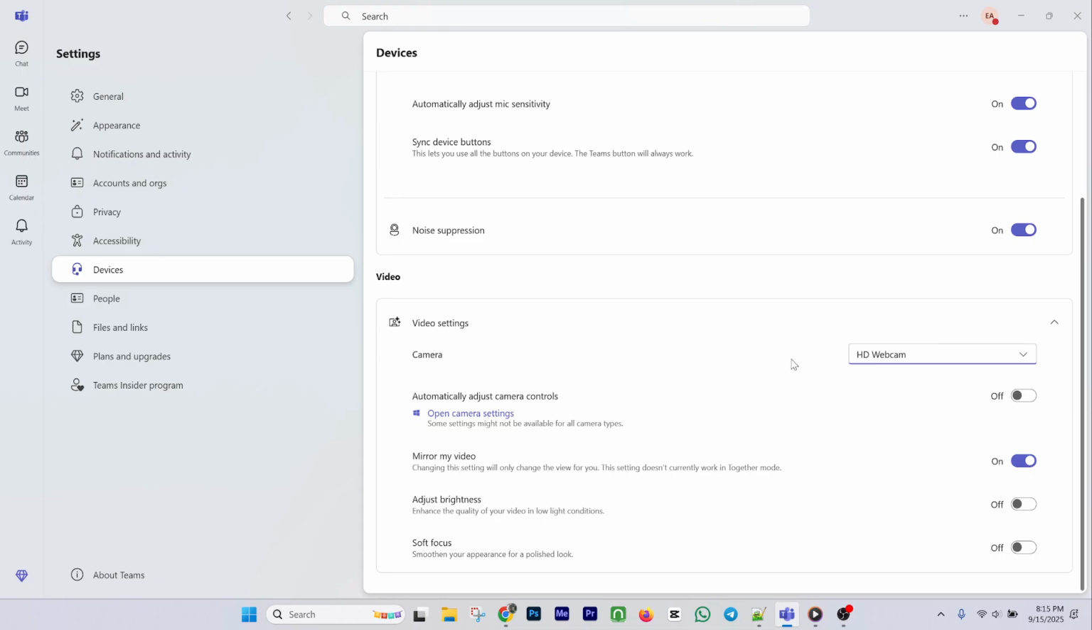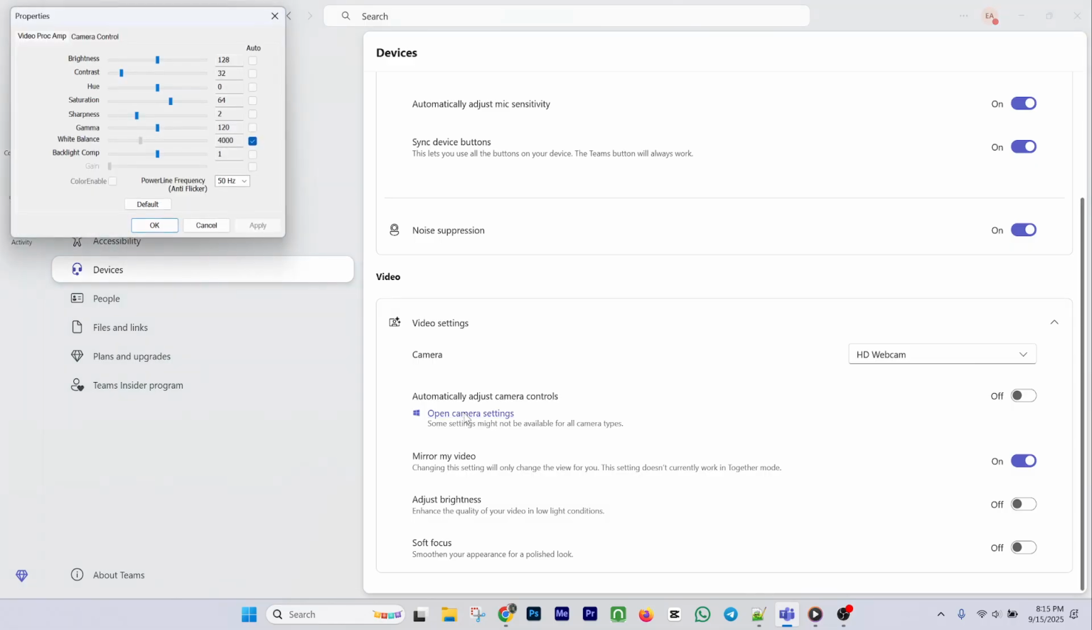Next, you'll see an option labeled Open Camera Settings. Click on it, and a new Properties window will pop up. This is a key step, as it allows you to refine your camera settings. You'll notice several adjustments you can make, including brightness, contrast, saturation, and more. These settings can significantly affect how you appear on screen, so take a moment to consider what adjustments might best